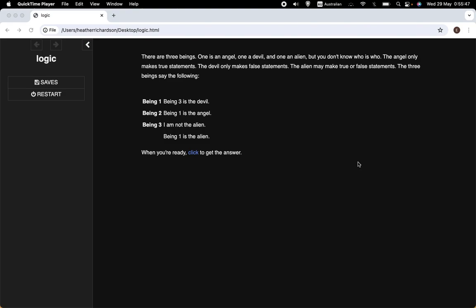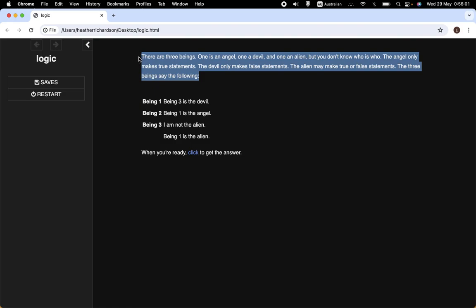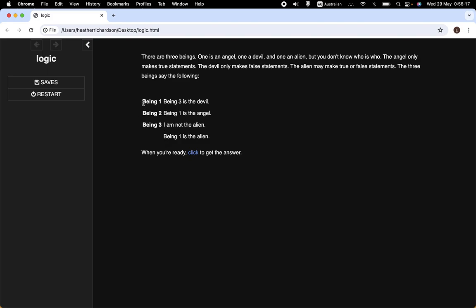In my previous video, I introduced a program for randomly generating logic puzzles. It generates logic puzzles which are always of a very similar pattern. It always has all of this text telling you there are three beings, one's an angel, one's a devil, and one's an alien, but you don't know who is who. The angel only makes true statements, the devil only false statements, and the alien can make true or false statements. And then it gives you statements that the three beings make. But the statements are always different, and the answer of who is who is always different. So they're different puzzles, always of the same